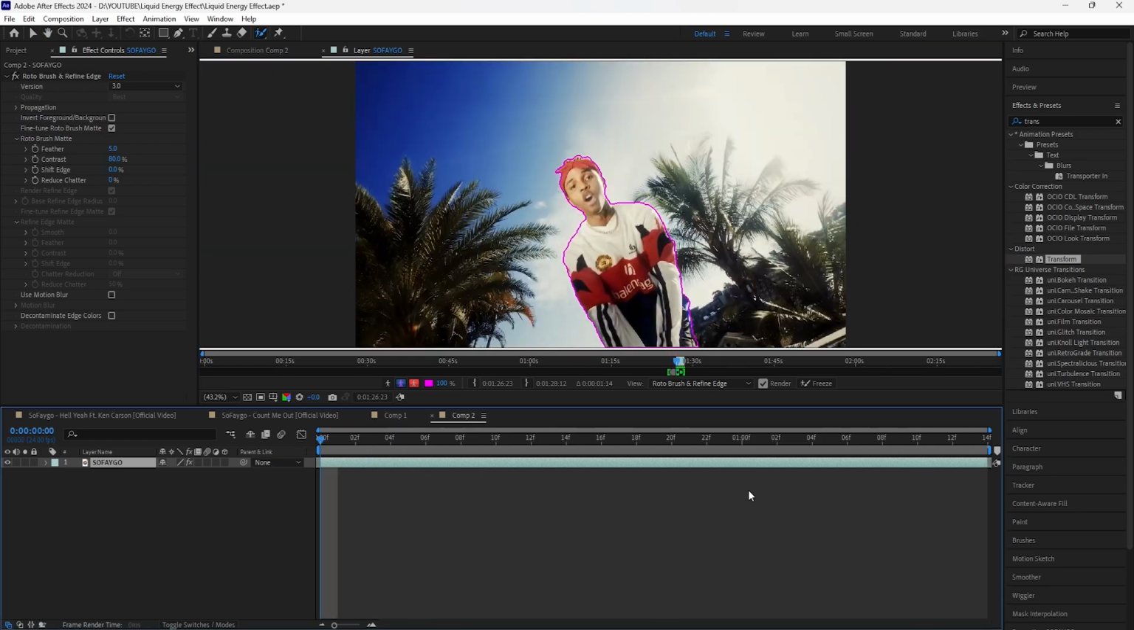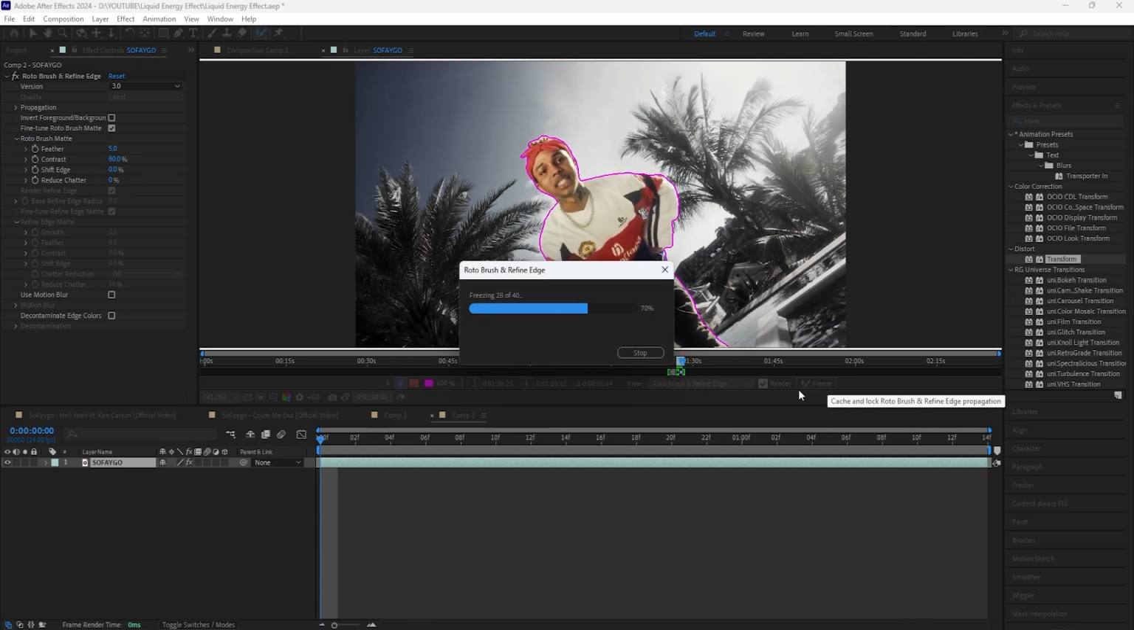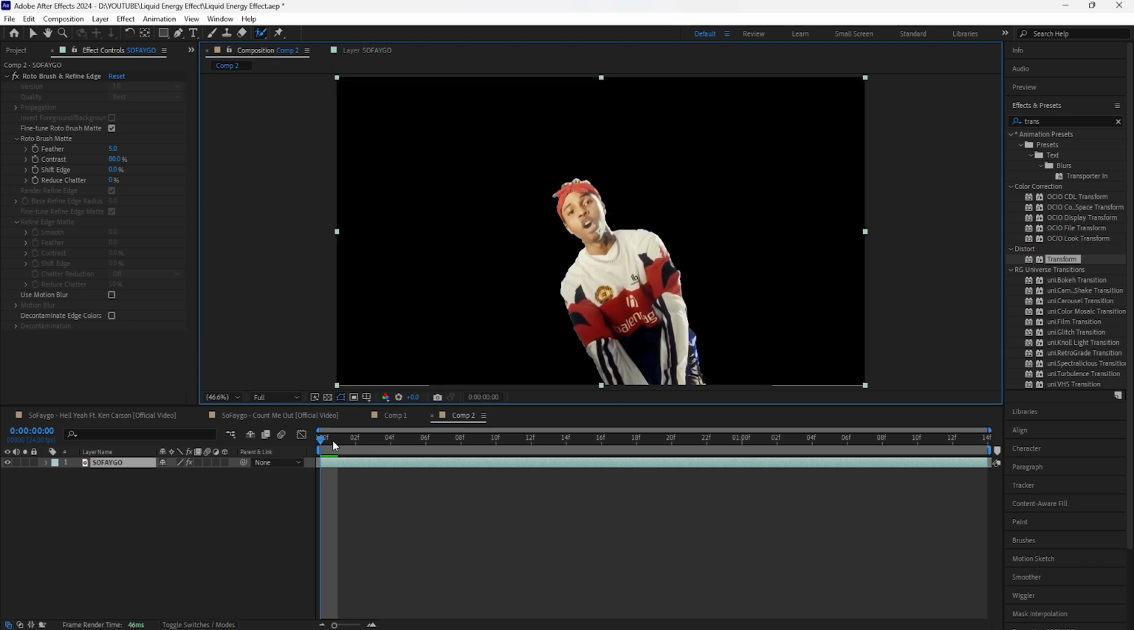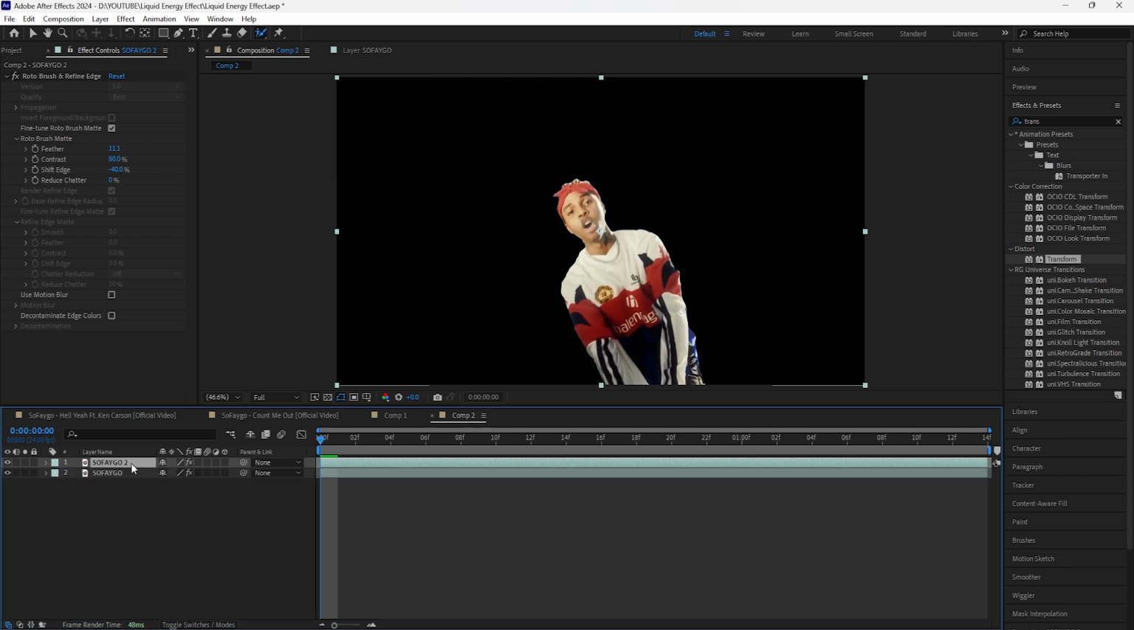After rotoscoping your subject, hit the freeze button, go back into the composition, and I'll be adjusting the feather as well as the shift edge. Increase the feather to around 11 and decrease the shift edge to -40. Click Ctrl D in order to duplicate this layer so that we have a background layer, and then rename it